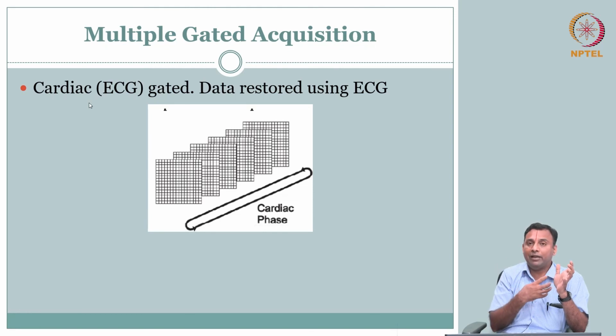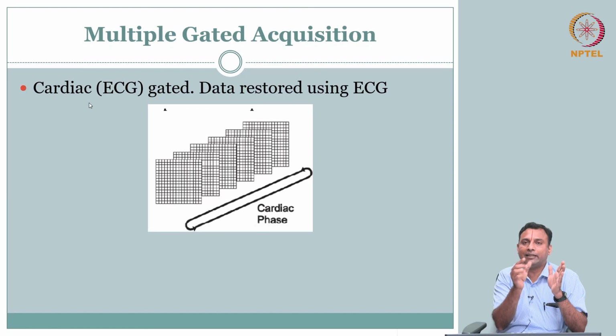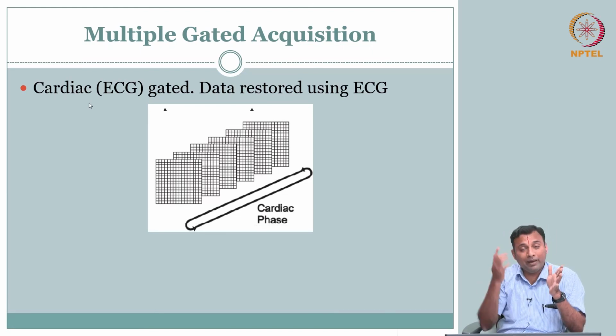Whereas if I have dynamics, like the heart, we already saw the dynamic frame, but what is this gated dynamic? The idea is, if I wait for long, I can get more photon counts, and my signal to noise ratio can improve. But I want to catch something which is moving. So inherently I have to have a small delta t, because it is moving. Then how do I maximize this?